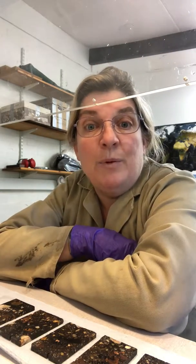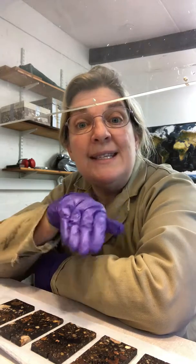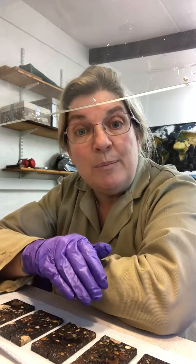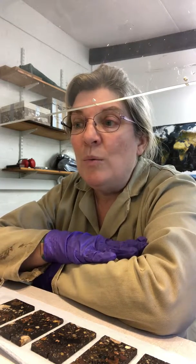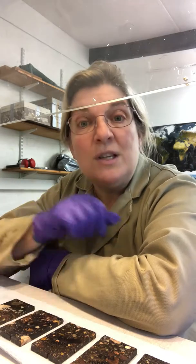I've set the fume cupboard up for our permanent mounting stage of the thin section process. I think I'm going to have to do a little walkthrough because I did attempt to turn the fume cupboard on and demonstrate how to clean your samples and your glass, but the noise of the fume cupboard is going to drown me out. So what I'll do is I'll walk us through how to start this process, and then